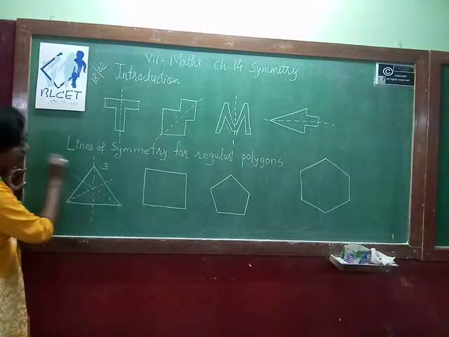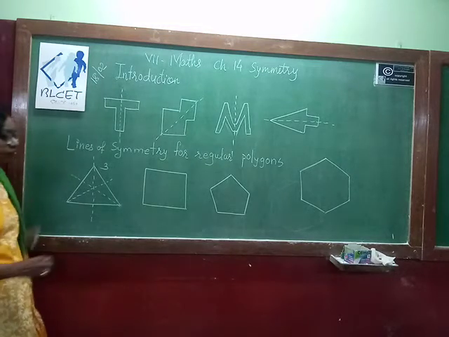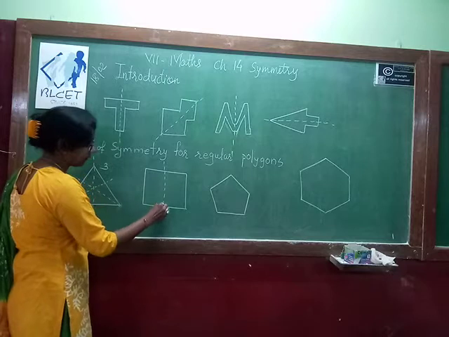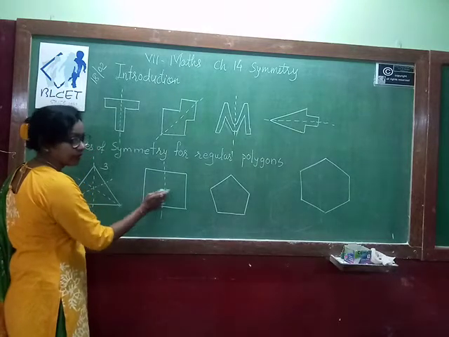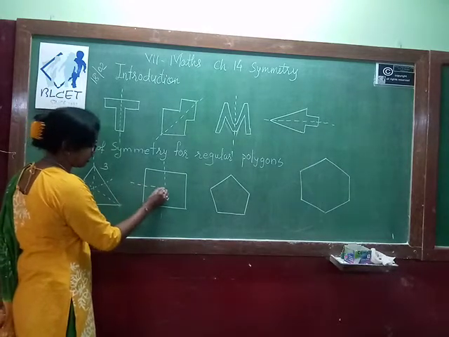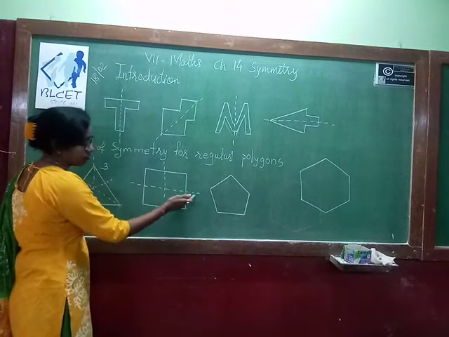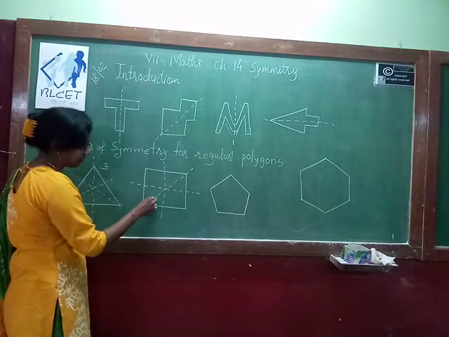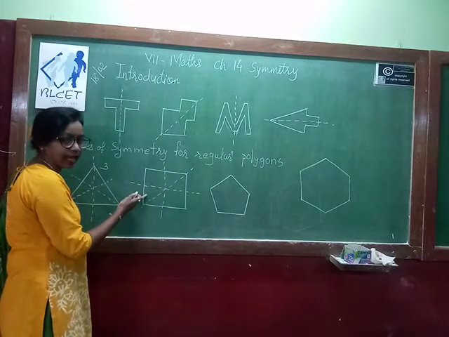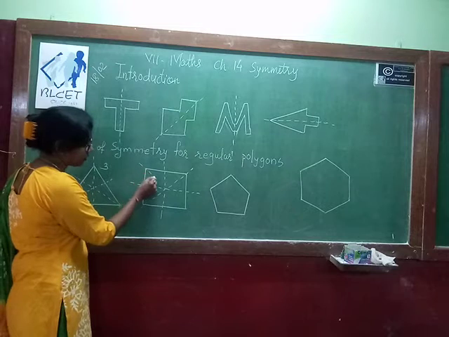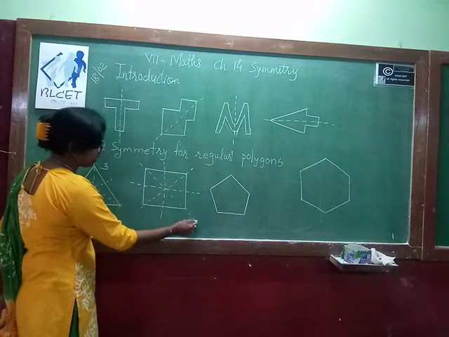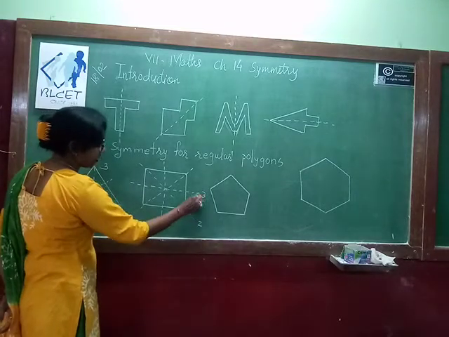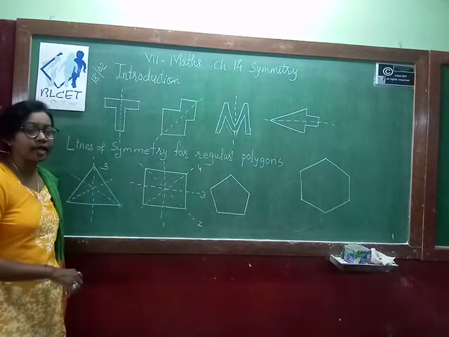So how many lines of symmetry? 3 lines of symmetry. If you consider the square, when you fold the square from the middle, these two parts are identical to each other. Same way with vertical and horizontal lines. The second line of symmetry, when you join opposite vertices, becomes your diagonals. This also divides the whole square into 2 equal parts, and this is another diagonal. So how many lines of symmetry? 1, 2, 3, 4. It has 4 lines of symmetry.